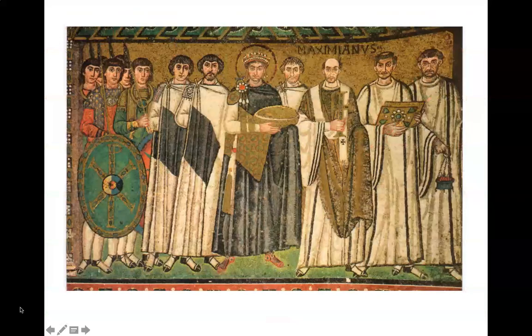Okay, so inside are two very famous mosaics, and this one is of Justinian. And this is emphasizing that he is the ruler of a government that is a theocracy. Theocracy, and that's where he rules over the religion and also the government. Government represented by the guys on the left, the religion represented on the right, and then he's got a giant,